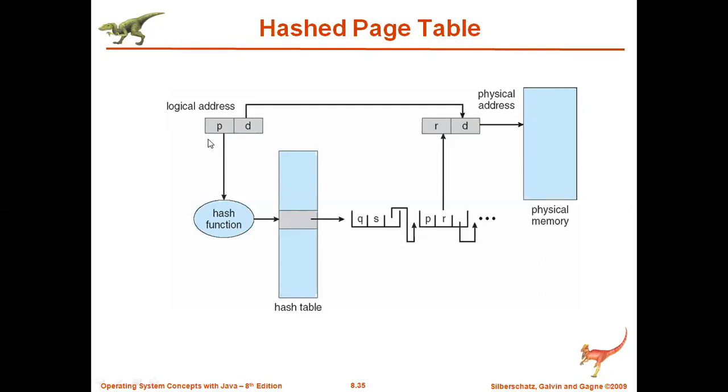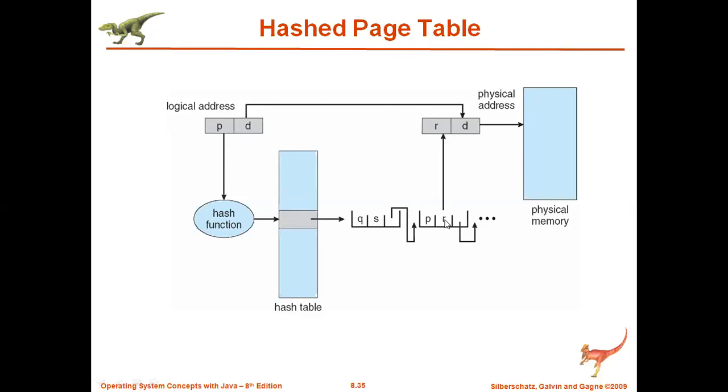If Q is equal to P, then this is the address of the main memory frame. So in this case, Q is not equal to P, so it will not select this. Then we have a pointer to the next block. Then it will check whether P is equal to P, that is, whatever page the CPU is requesting and whatever the hash table has as an entry. If P is equal to P, yes, it is true.